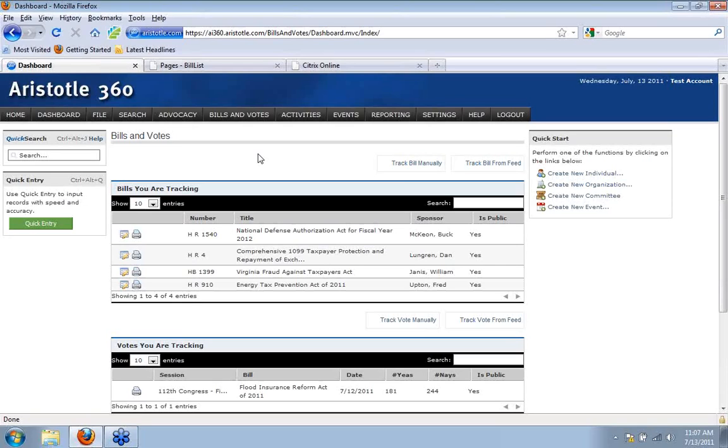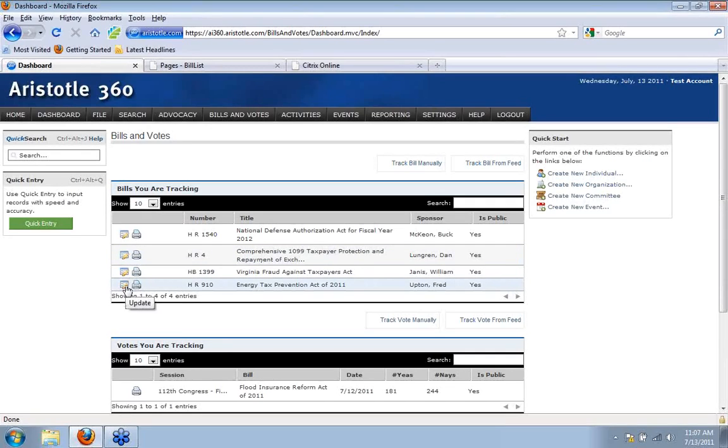Same thing for votes. If a legislator takes a vote on an issue that you're tracking, on a bill that you're tracking, then that information will also be in the legislator record, whether they voted yes or no, and a little bit more information about that vote. So that's sort of just a general overview of what the product does. We'll go into a couple of the screens now just to take a look at the information that comes in